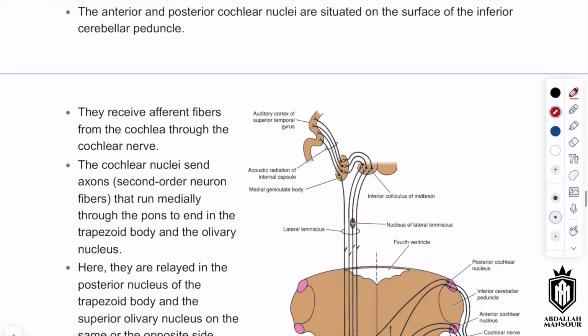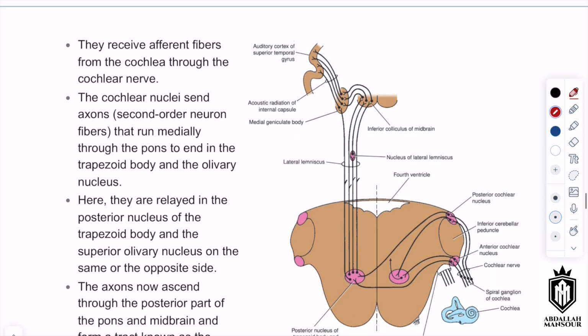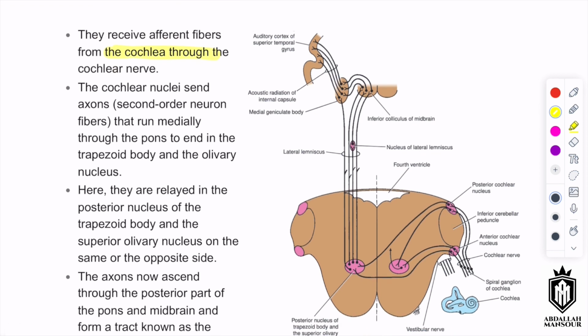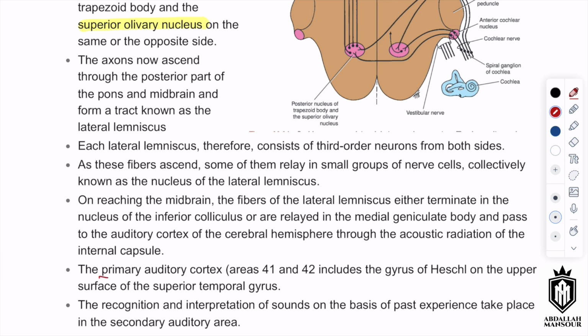Okay, to summarize the cochlear nuclei, again, we need to pretty much understand this diagram as well. You have anterior and posterior cochlear nuclei situated on the surface of the inferior cerebellar peduncle. Remember the inferior cerebellar peduncle? This is the one that's related to the vestibular nerve. They receive afferents from the cochlea through the cochlear nerve, and the cochlear nuclei send axons that run medially through the pons and end in the trapezoid body of the olivary nucleus. The fibers will end up in the primary auditory complex in areas 41 and 42,